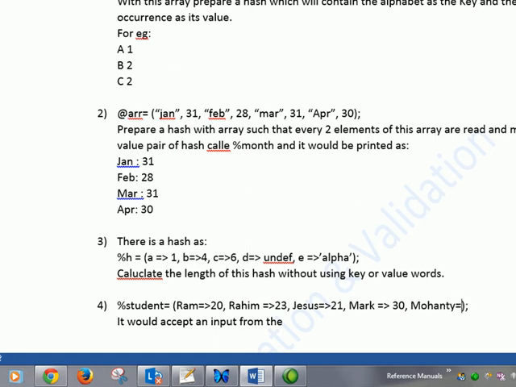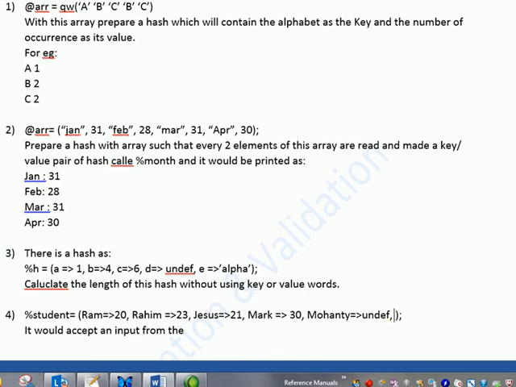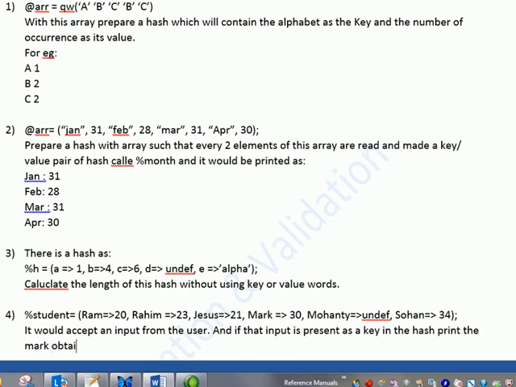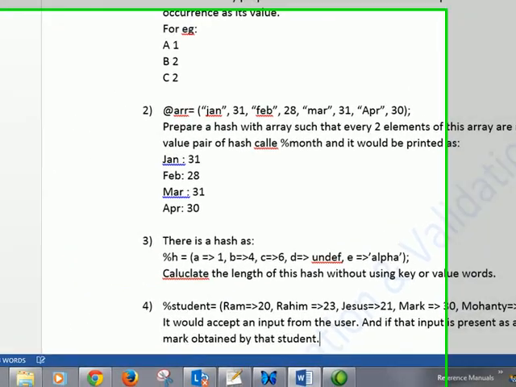Mohanty, well, the mark is not defined. Sohan is 34. Now what your program should do, it would accept an input from the user, and if that input is present as a key in the hash, print the mark obtained by that student. Okay.